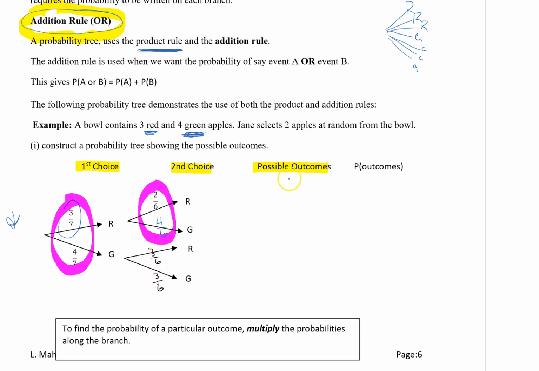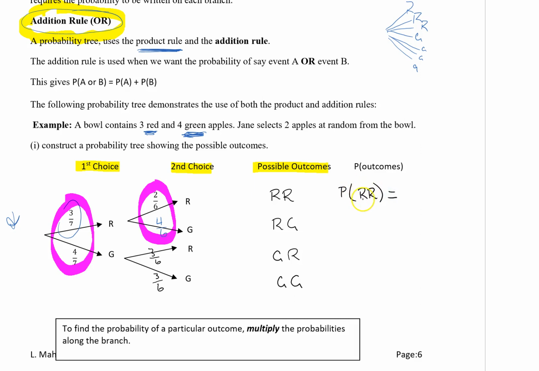We continue on to write the possible outcomes. However, it doesn't cover every single individual outcome. But you can see that a possibility is a red and a red, 2 red apples, or a red followed by a green, or the first apple may have been green, second apple red, or the first apple green and the second apple green. The probabilities of these outcomes, the probability of getting a red followed by a red,